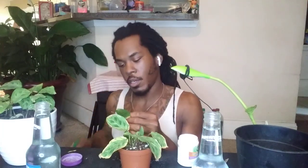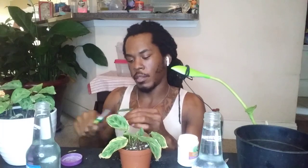All right, and then we have this one here that I need to clean up as well. And again, the only one that has a freaking aerial root. And this one here is the, oh, I know what this one is. This one doesn't even go in there. This one is one of the red marantas that I will be putting back where it came from. It popped off when I,